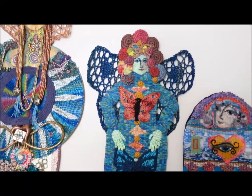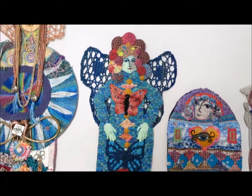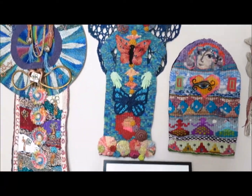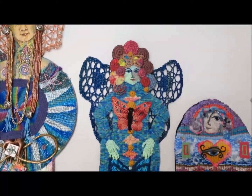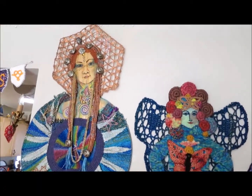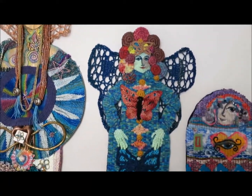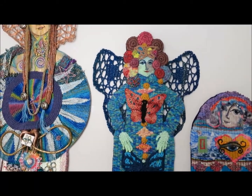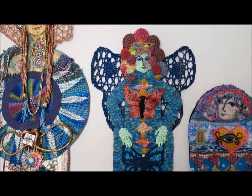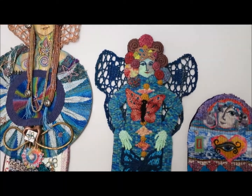And she's very pleased with me now, and I'm very pleased with her. So she has joined the company of other butterfly women tapestries here. Her friend beside her also went through some changes, but I'm going to wait and tell you more about that a little bit later. But I just wanted to share my delight with this piece that was originally woven